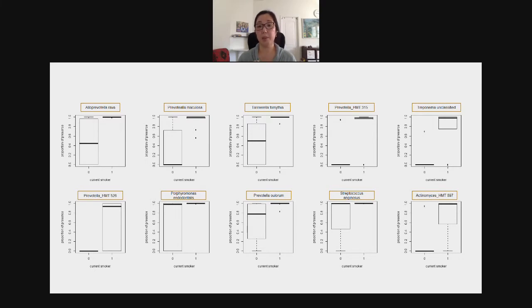So, for example, Tannerella forsythia is a known red complex organism. It is part of the most severe periodontal pathogens included with Porphyromonas gingivalis that is known to be pathogenic for periodontal disease. Porphyromonas endodontalis, also known to be associated with periodontal infections and endodontal infections. All the Prevotella species have been associated with oral disease. Streptococcus anginosus is associated with abscess formation, both in the mouth and in other places of the body. So,